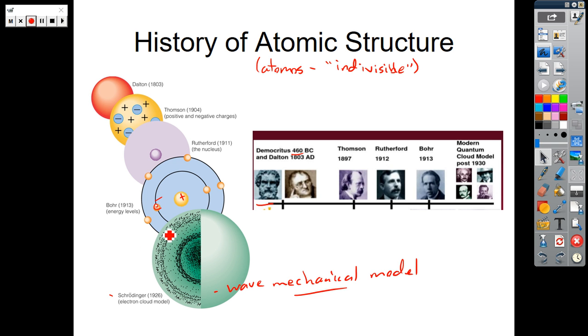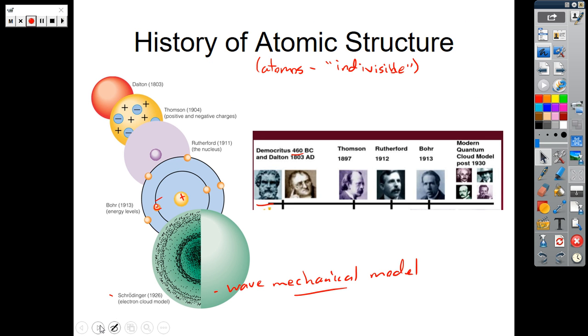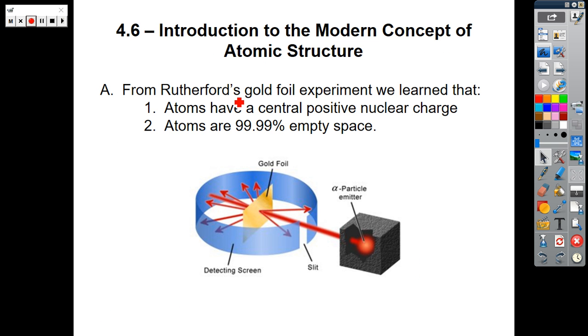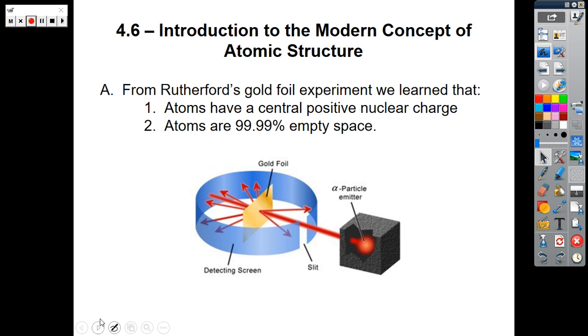Okay, so let's go ahead and start going inside the atom and start looking at the parts of the atom. So what are atoms made of? Let me go back to Rutherford just for a brief moment. If we talk about, how did Rutherford discover that the atoms had a middle, that the atoms had this thing called the nucleus? Well, he was experimenting with some radiation, and so he basically put some radioactive material in a